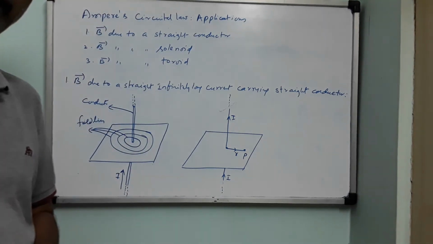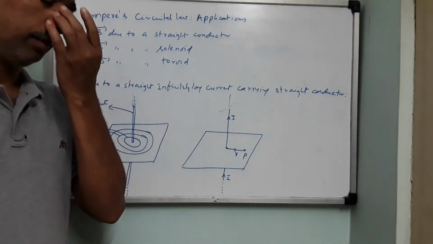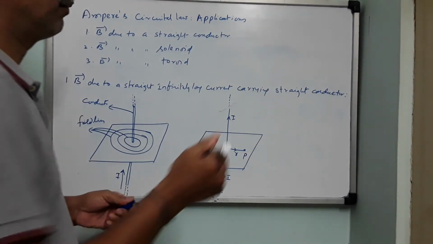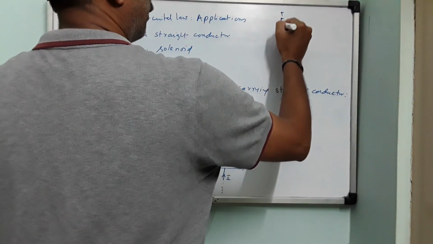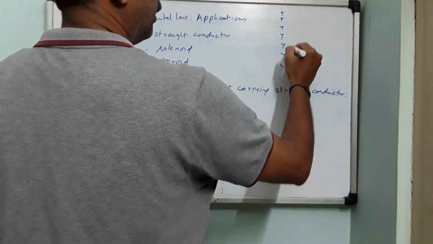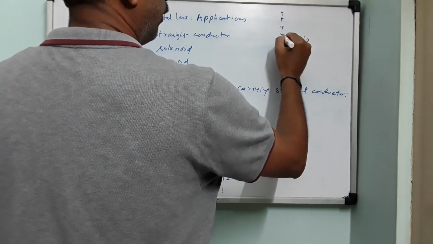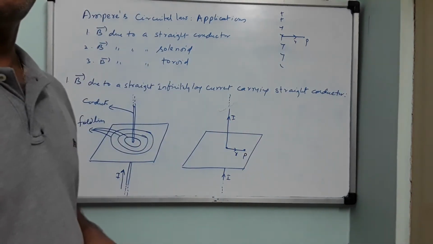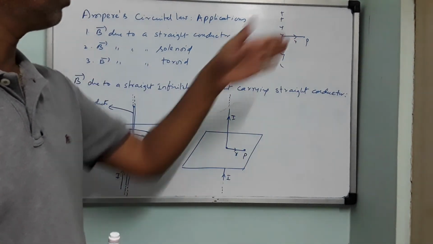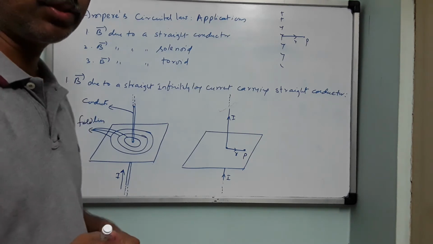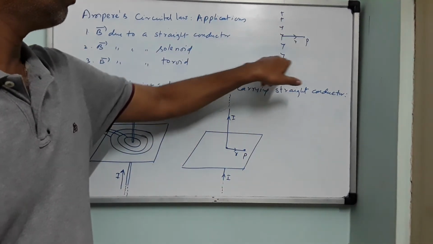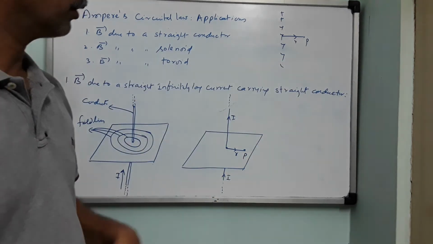Radial distance, perpendicular distance only is applicable. Like in Gauss theorem also, from the line of charge, so here this is line of charge we have taken like this, point P is taken here. We have taken this radial distance only, perpendicular distance. We cannot take any other distance. Laws are applicable only for these perpendicular distances. Even if you consider any point here, then it will be like this. Similarly, I have taken this point.